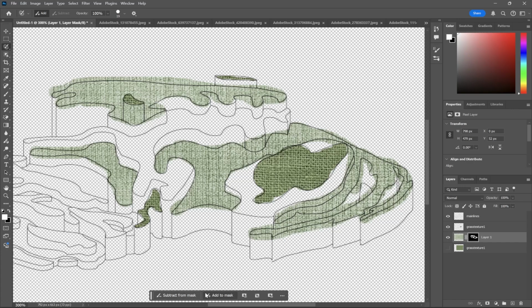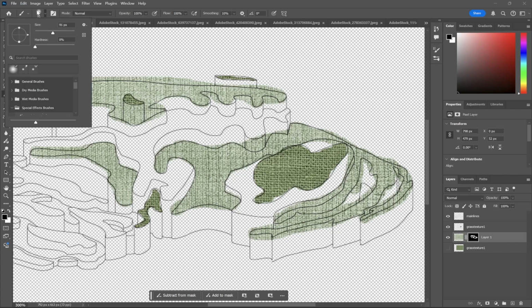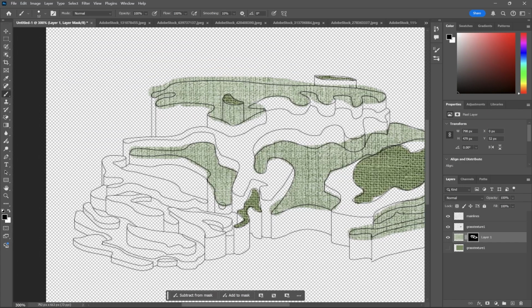I can do that by going down here. I can see there's an option to subtract from mask or add to mask. Now, because my brush was a little bit too big, it did select some areas that I do not want it to select. So when I hit subtract from mask and I use this brush, it starts erasing whatever's there. I'm going to edit my brush so that it is small enough to get those little parts out. I'm going to go up here where this little dot is. I'm just going to turn the size down, and then I'm just going to go in and start removing those parts that I do not need.